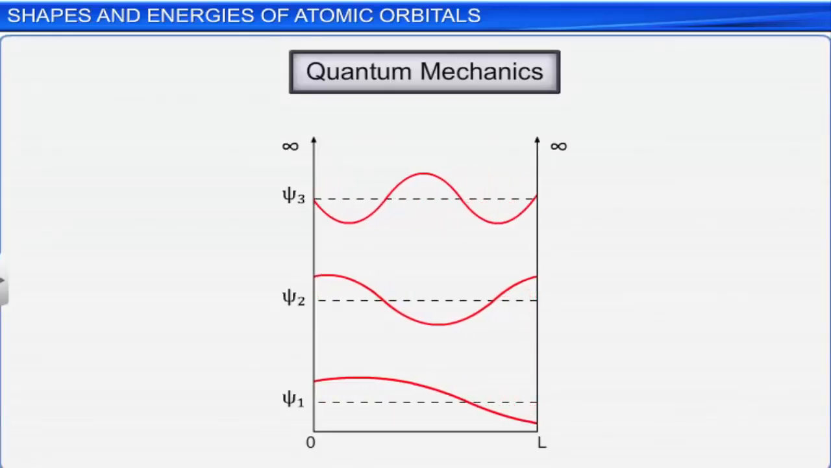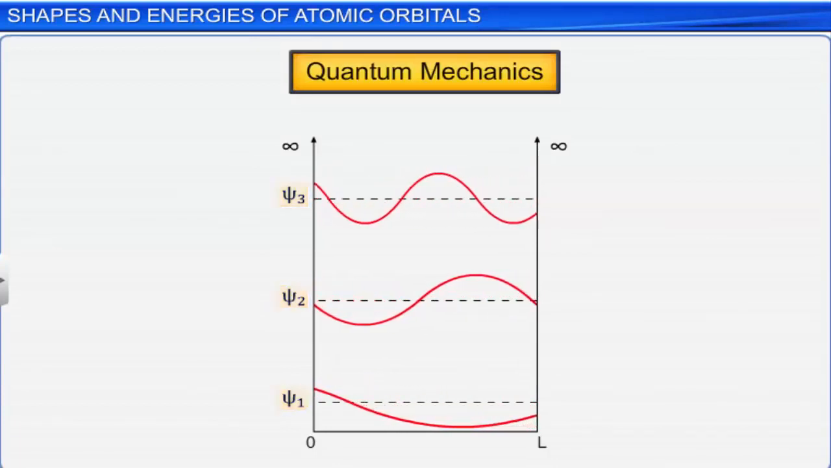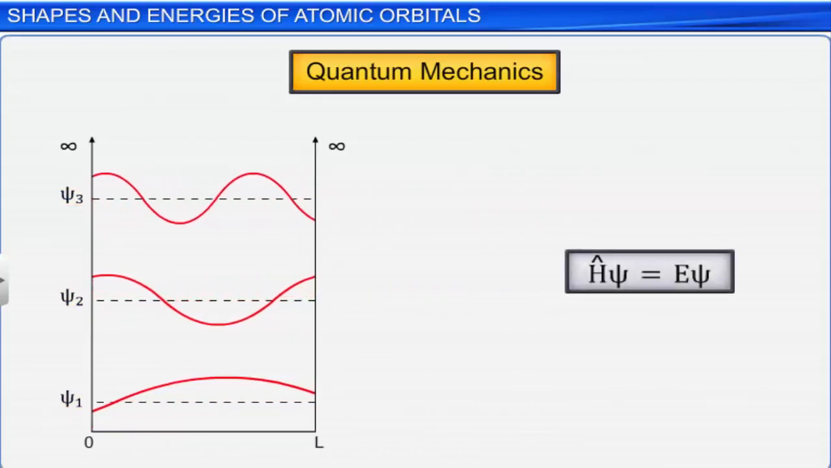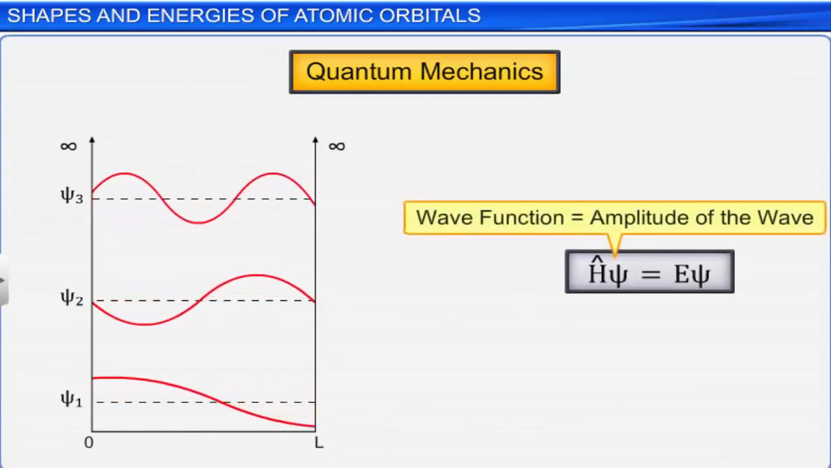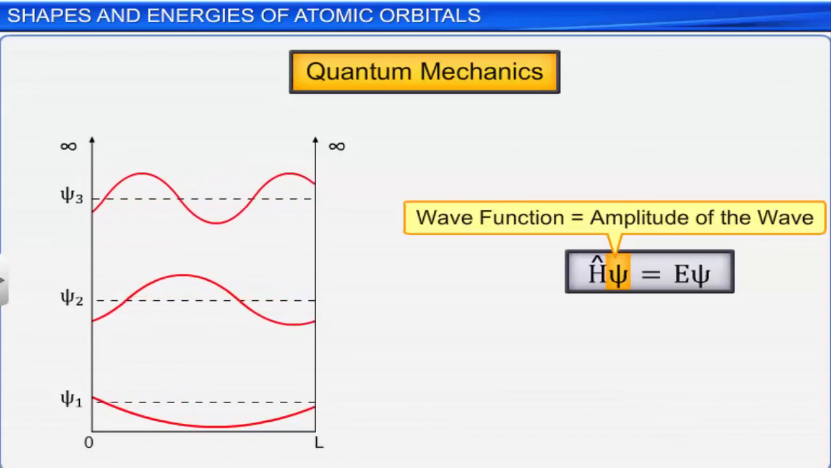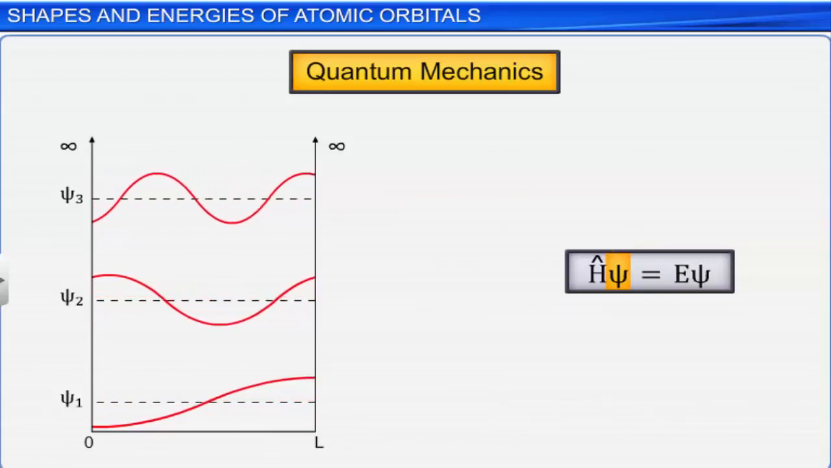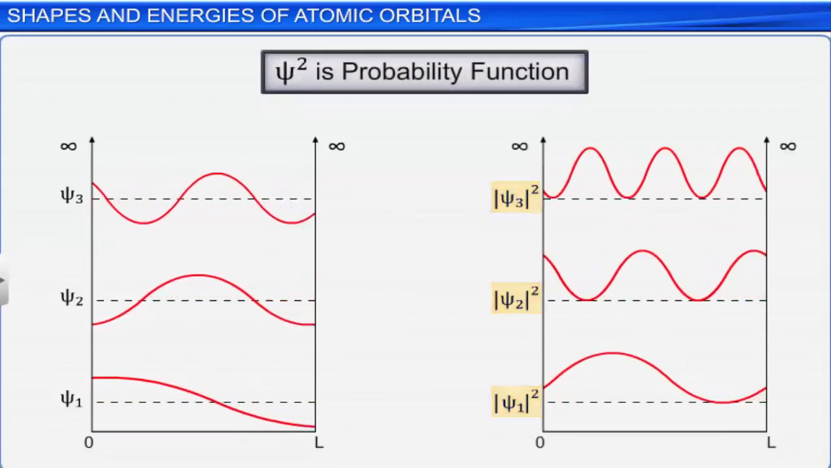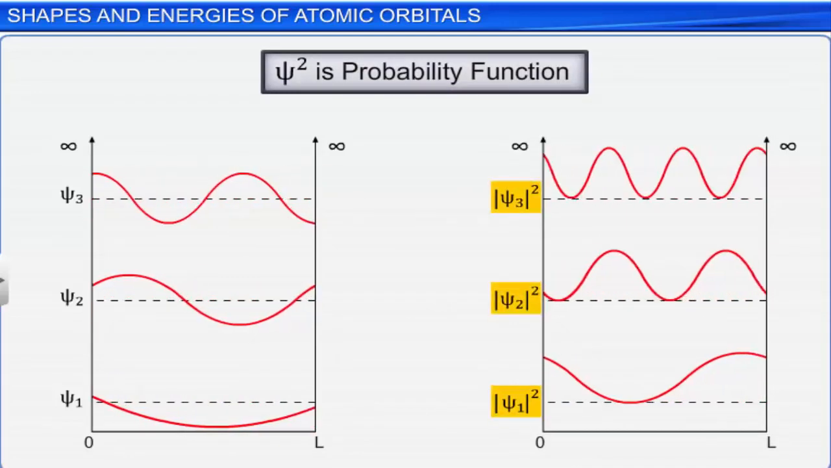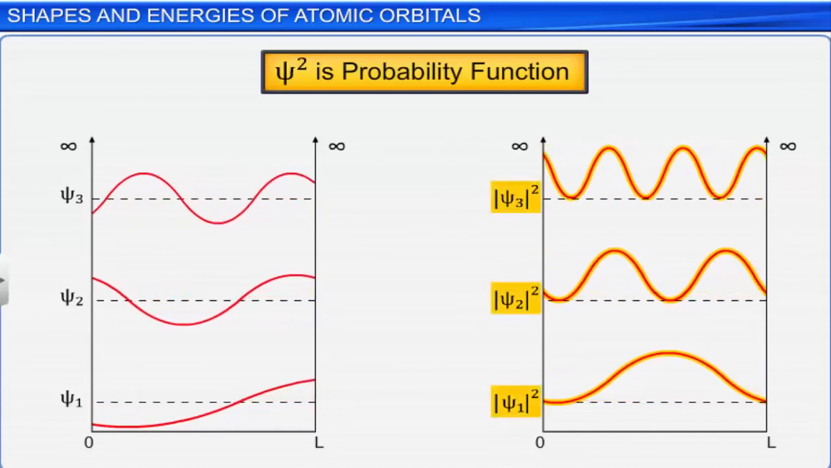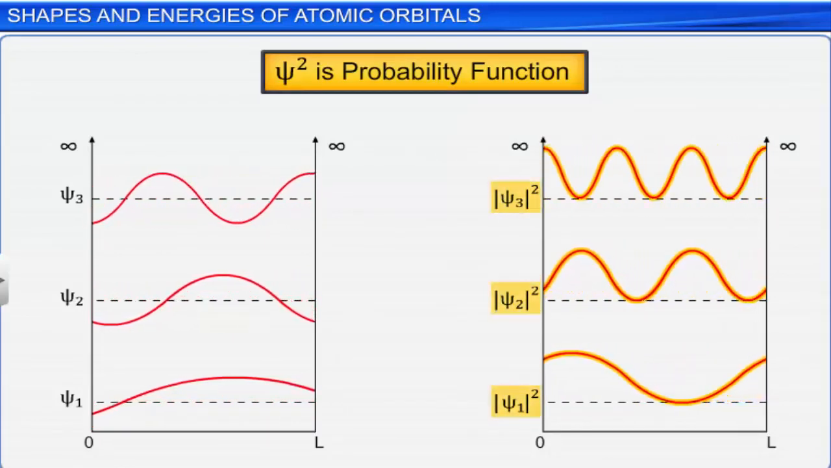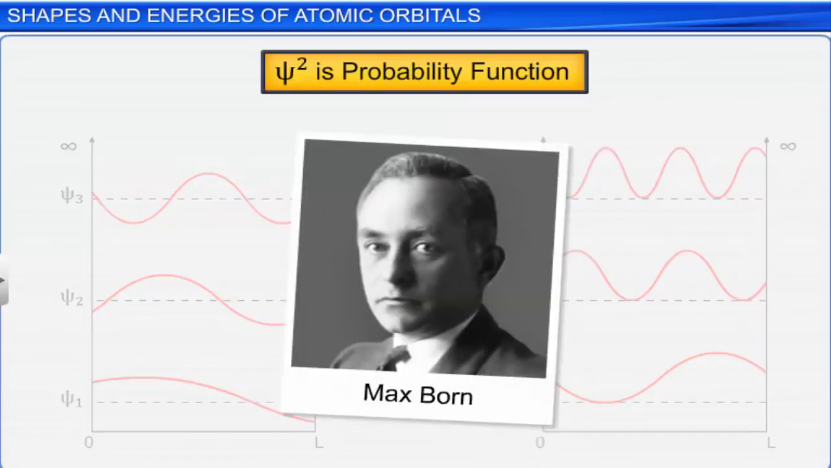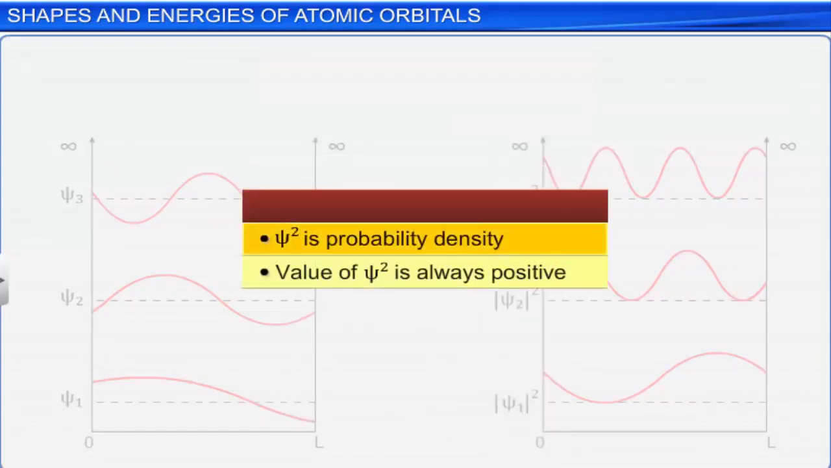We have already learned that in quantum mechanics, all the properties of a system are expressed in terms of a wave function. This is obtained by solving the Schrödinger equation. The wave function, psi, is a mathematical function that represents the amplitude of the wave. It does not carry any physical significance. Therefore, the square of the amplitude of the electron wave, that is, psi square, gives the probability of finding the electron at a point within an atom. This was predicted by the German physicist Max Born. That is why the function psi square is called probability density